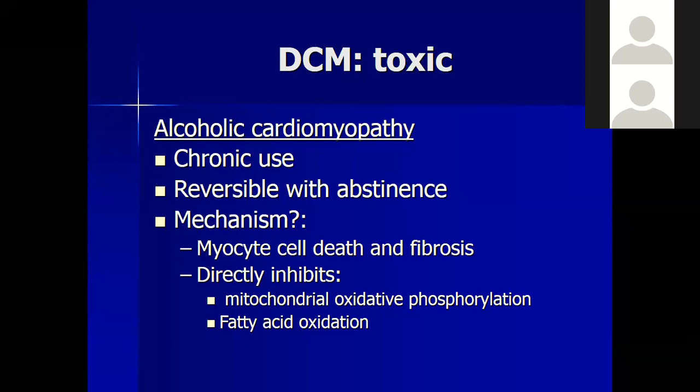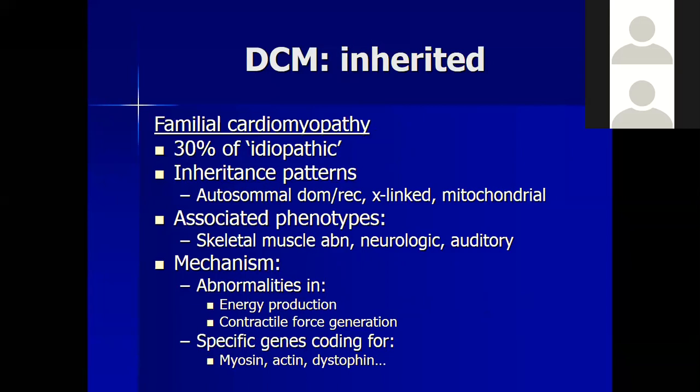Okay, so familial cardiomyopathy. Sometimes you can see five family members all have cardiomyopathies. So if one of the family members has a dilated cardiomyopathy, you screen all the family members with a transthoracic echo to see whether they have a cardiomyopathy or not. Sometimes the inheritance is autosomal dominant, recessive, or X-linked, or mitochondrial diseases. They are associated with familial cardiomyopathy. Associated abnormalities can be like Duchenne, as I told you. There could be musculoskeletal abnormalities, neurological and auditory abnormalities.